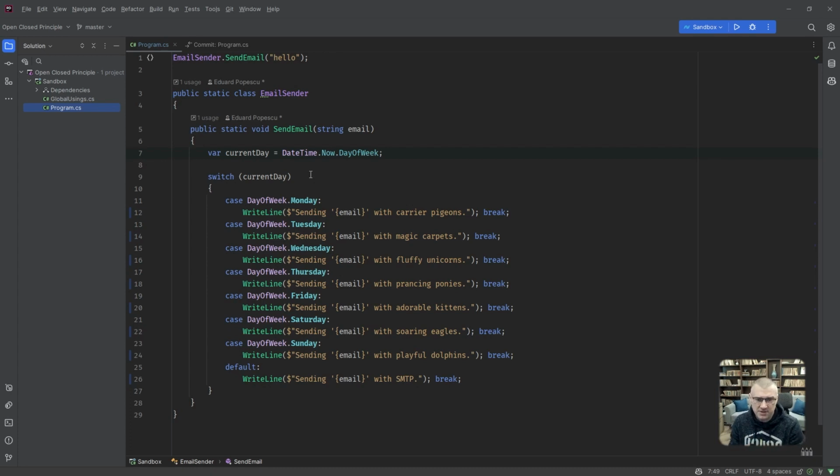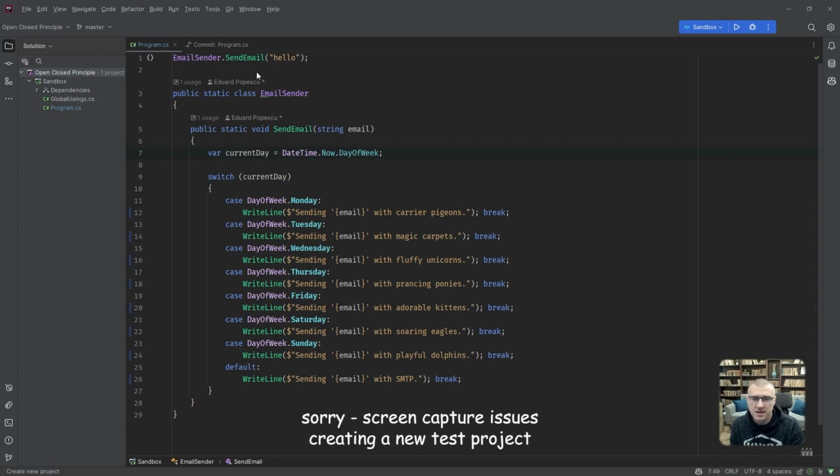Well, first of all, we'll need to start off testing this thing, right? Because remember from the previous video, we said, before you even start touching the code, refactor or otherwise, you have to write at least a test to pin down the functionality. So, because here we don't have any test of any kind, I'll just create a new test project in here.